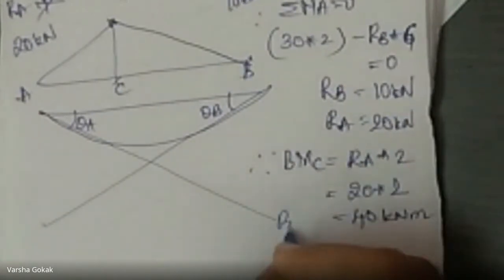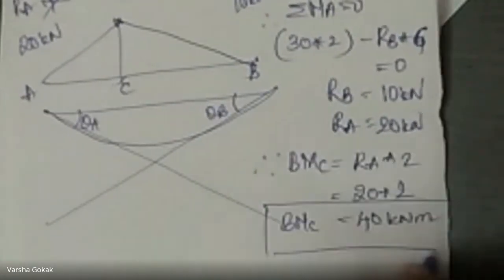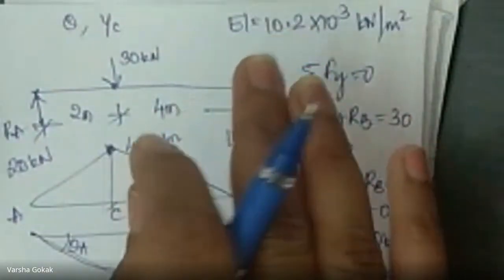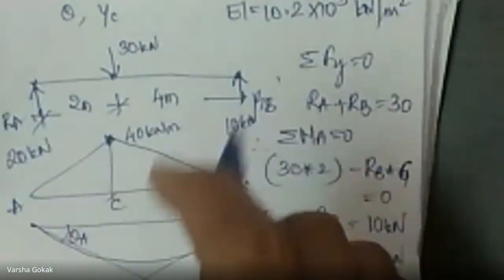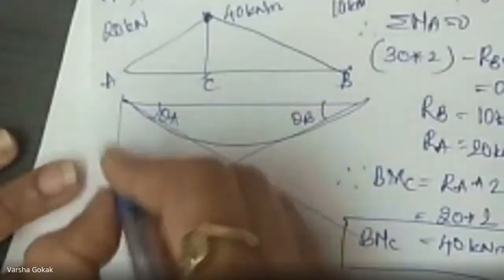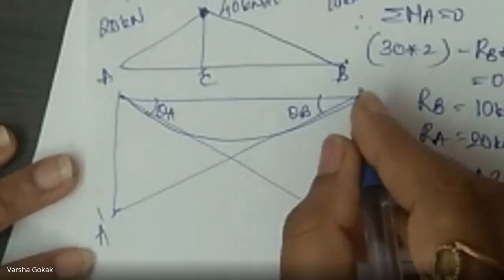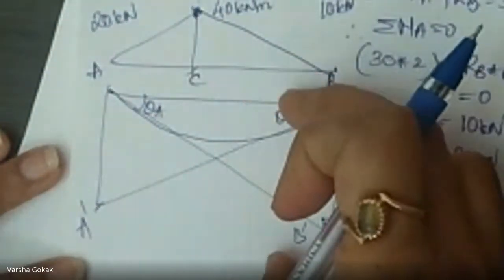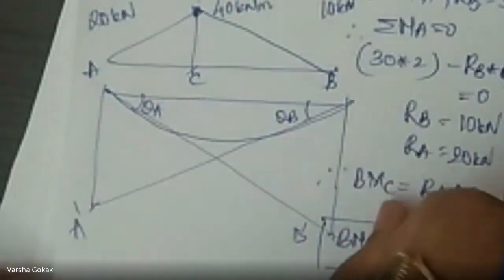Anything else we have to do? Have to check or something? So I got this value. This is 40 kilonewton meter. EI is same, so nothing to be changed over here. Right? EI value is same, so we will not change anything. Next, we have to calculate theta A, theta B, and if I draw this line, A dash, and I draw this line, this is B dash. A dash and B dash are deflections at points A and B, correct?